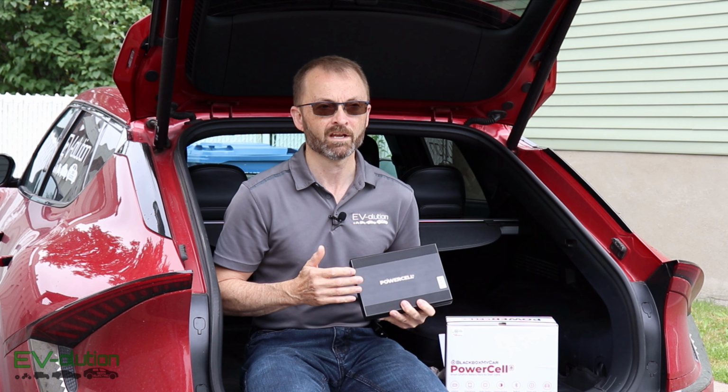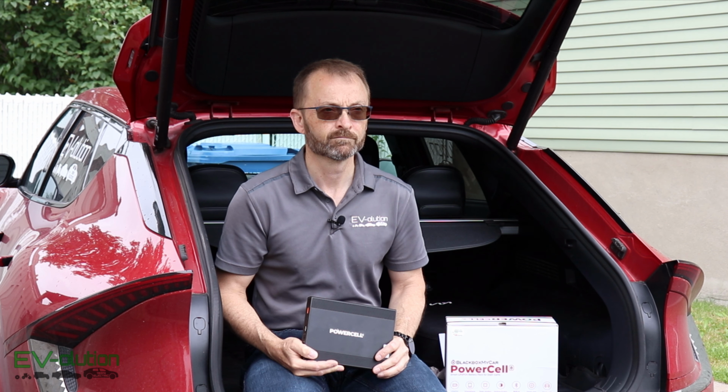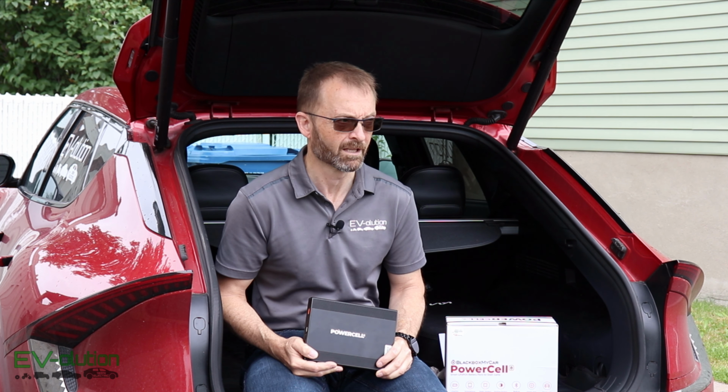Now, a gas car doesn't have a giant battery sitting underneath. Another thing that I've noticed since having this installed in my car for the last puckle weeks,